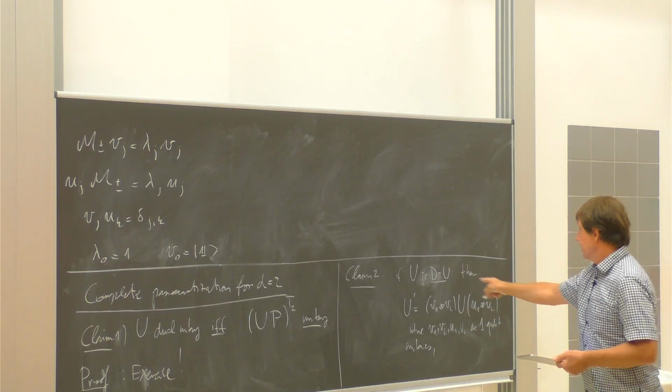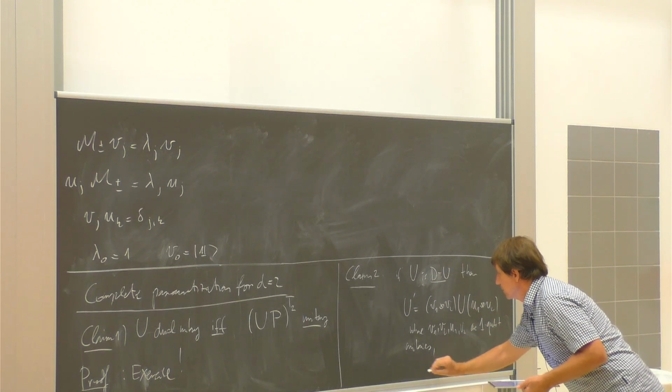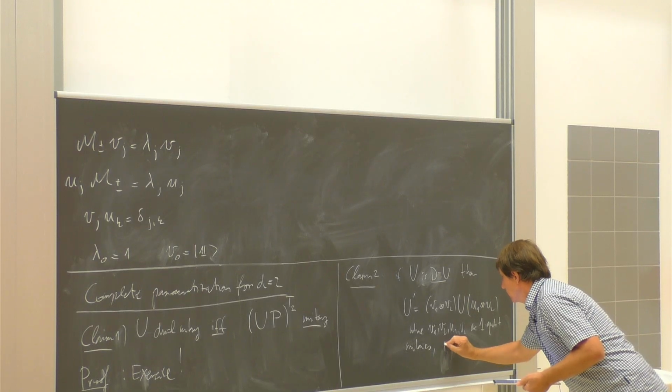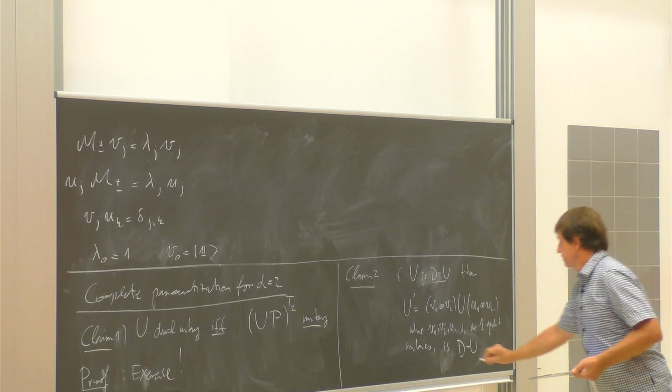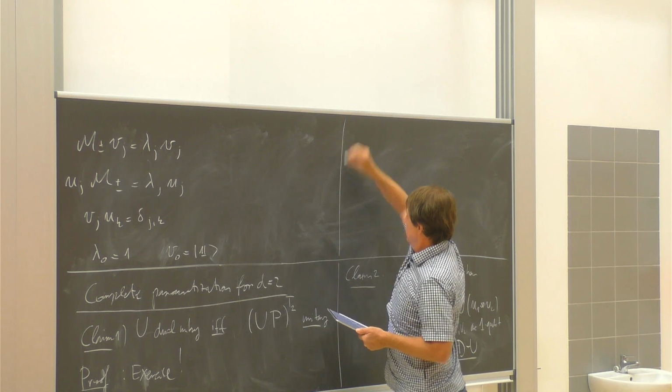So if this guy is dual unitary, then U prime is also dual unitary. This means that we can simply dress any dual unitary with local unitaries and it still remains dual unitary. So the proof